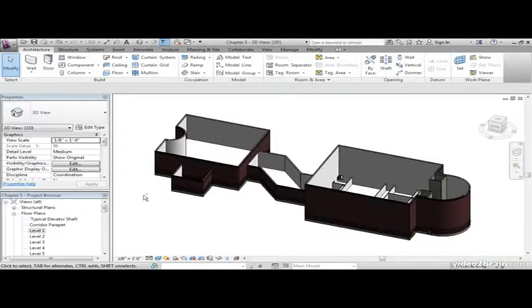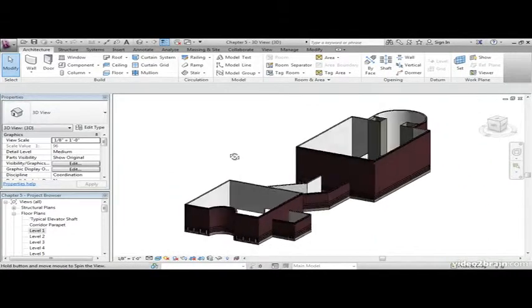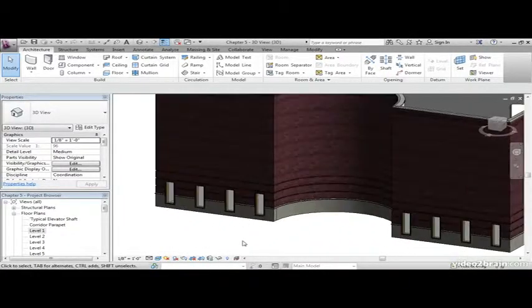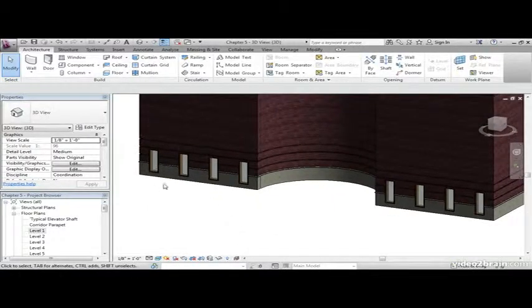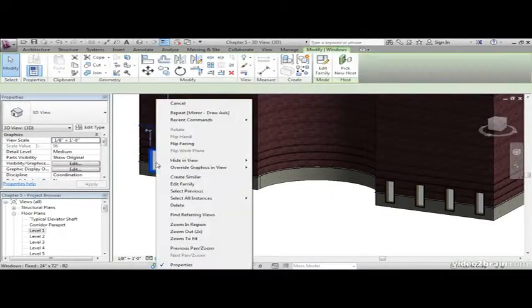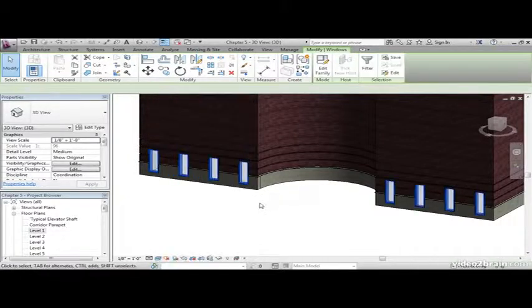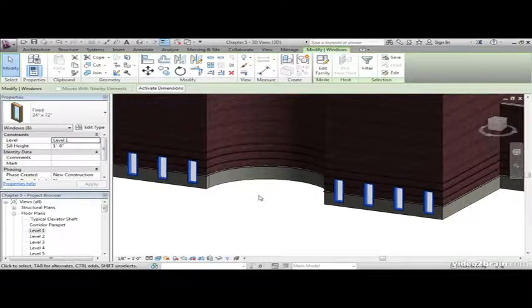Remember, hold down the Shift key and the wheel button and spin around to the back of the model. I still think these are a little bit low. So let's right-click on one of the windows, select All Instances, an entire project. What I'd like to do when I do this